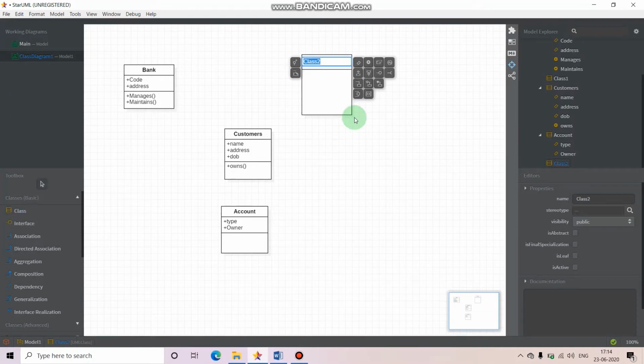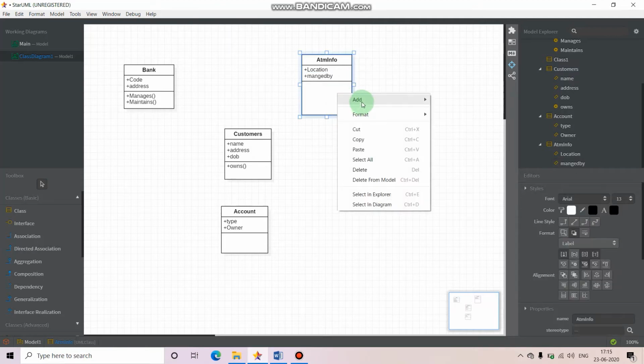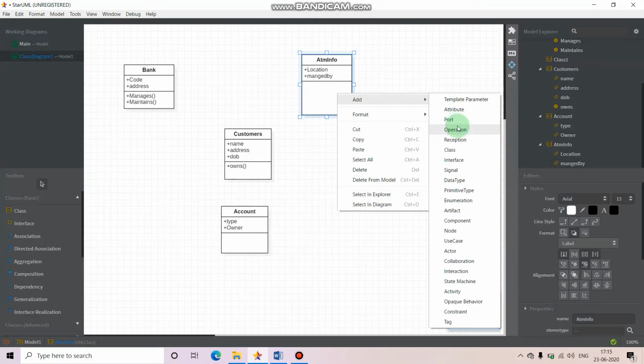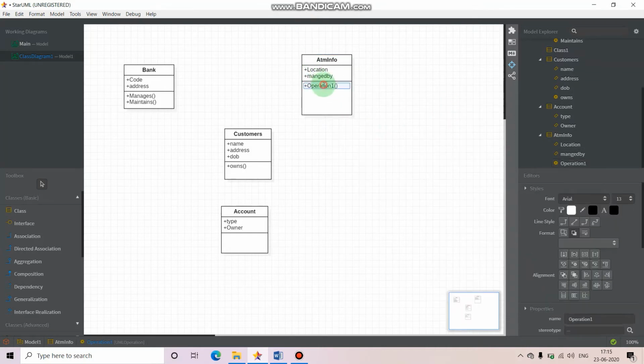Then one entity is for ATM info. Location. Who manages this ATM? What are the operations of this particular ATM?